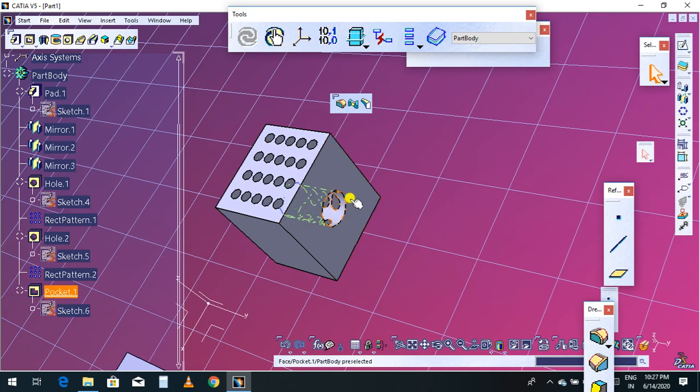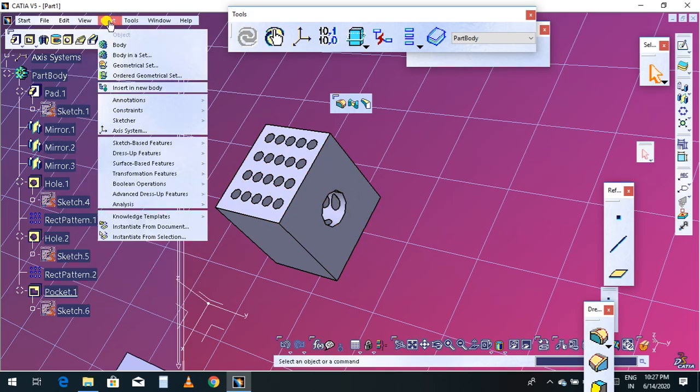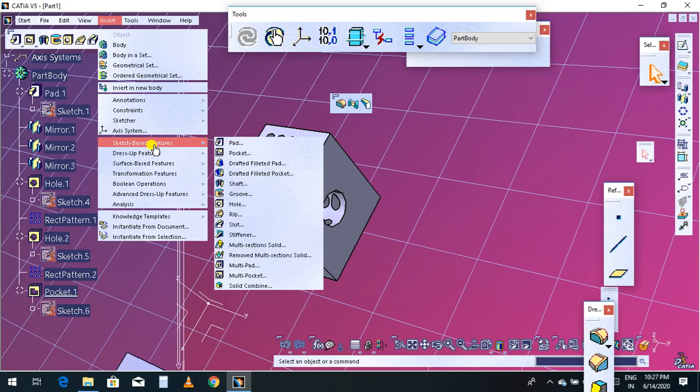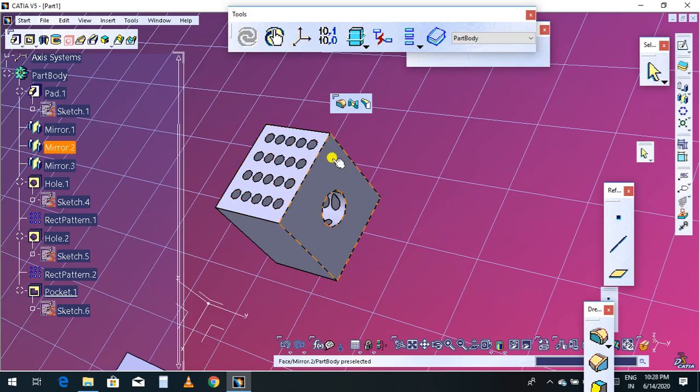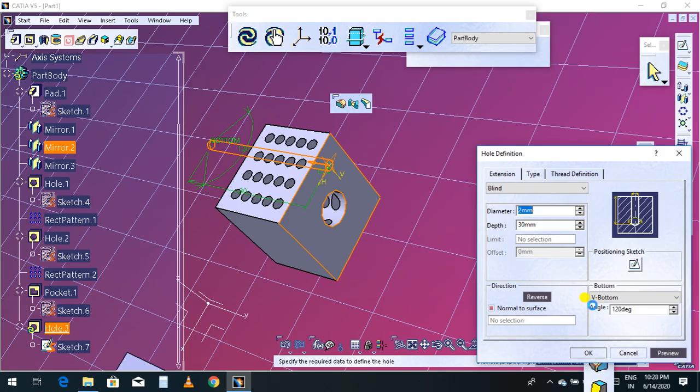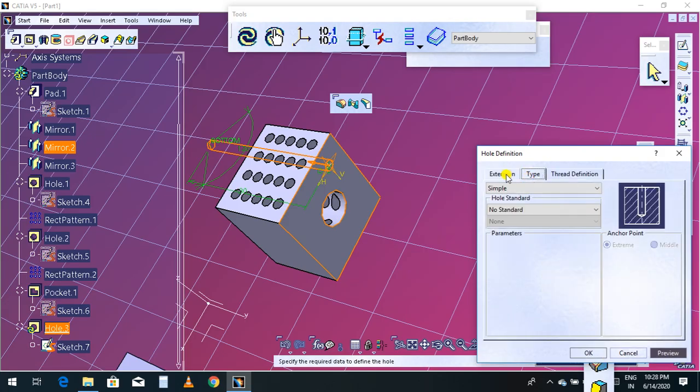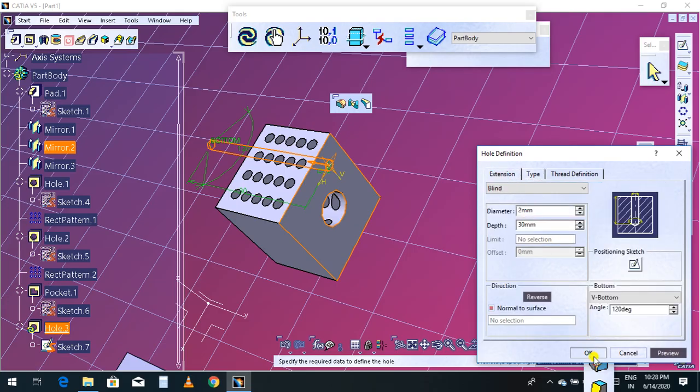By reference of this cylinder I'm going to circulate. So go to insert, sketch based feature, you can find the hole somewhere at this point, click OK. You can give any thread type, whichever type you want.